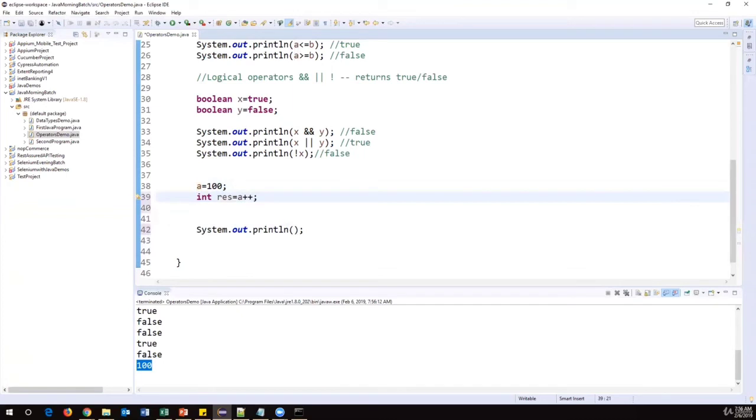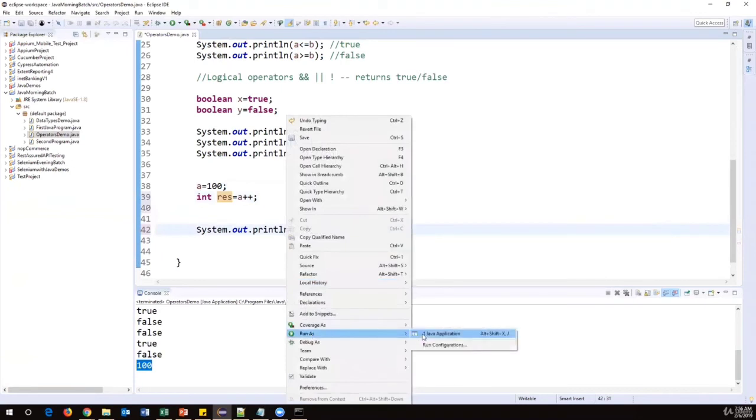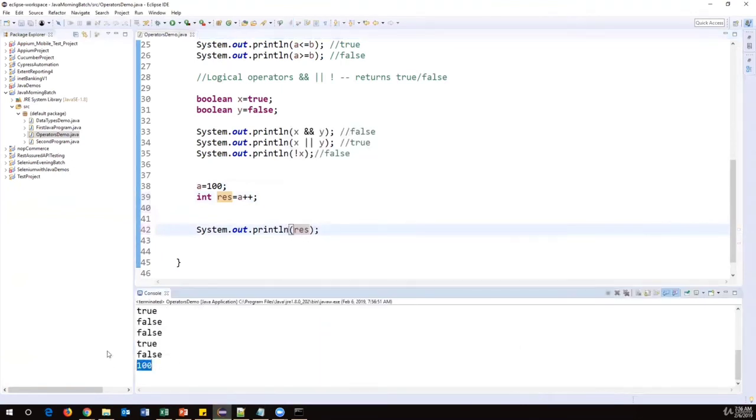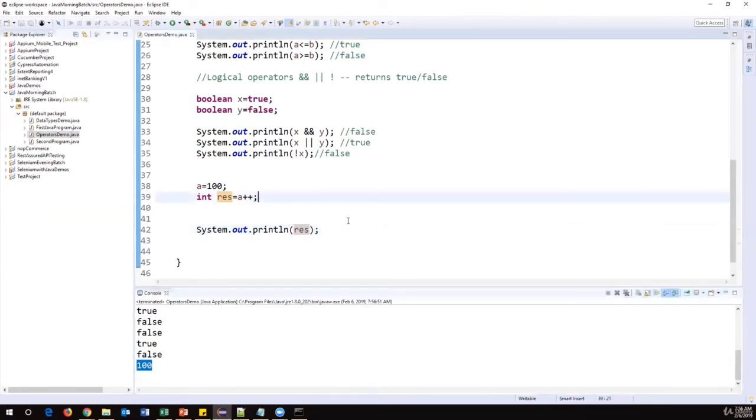Now a is 100 plus plus, so it should add 1, right? I'm printing this result variable. Let us see the result. Still we got 100. It is not incremented. Why? Because a plus plus is called a post-increment operator.